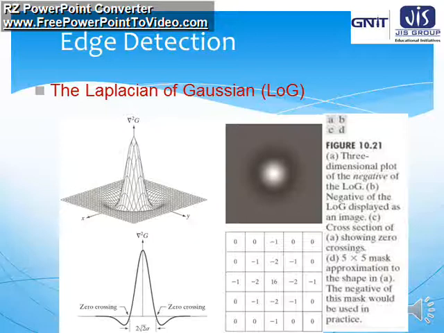In the next image, the negative of the LoG is displayed as an image, and in the third image we can see the cross section, which shows the zero crossing. The last is a 5 by 5 mask approximation to the corresponding shape, where the negative of this mask should be used in practice. So this is the Laplacian of Gaussian example